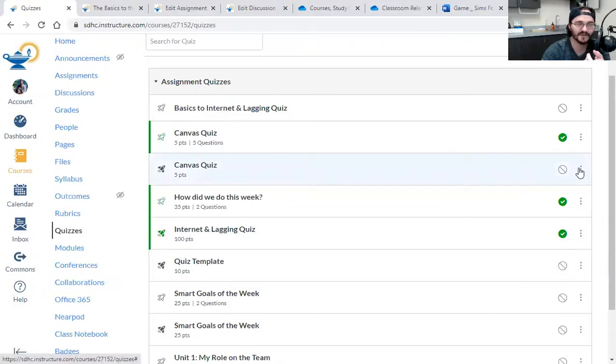Oh yeah, by the way, you have to create a quiz in Canvas. You have to have at least 5 questions with 5 different types. So this is how I did it.